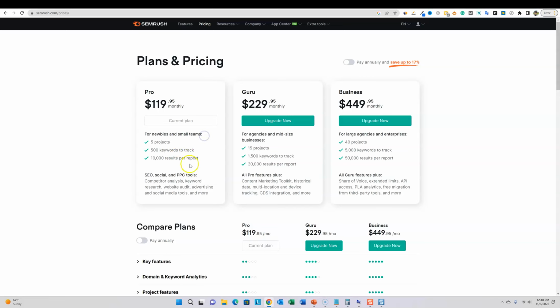They're really giving you a lot here, and you'd probably be more than okay once you moved up to the Guru or Business plan at some point. Now, then 10,000 results per report. This is the big one, and I have subscribed to Ahrefs. I've used it for months and months. I love Ahrefs as well. Don't get me wrong, both tools are amazing, but